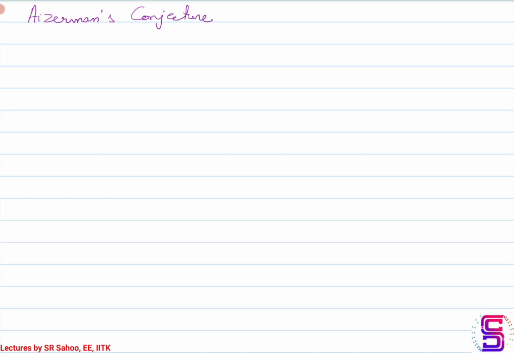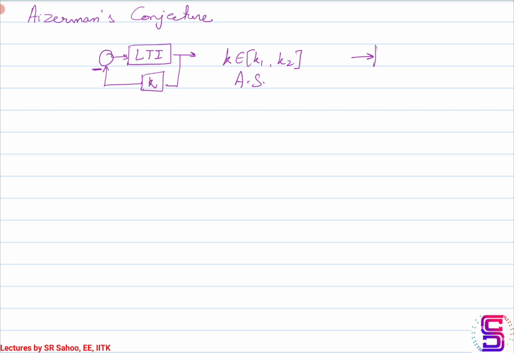The conjecture said that if an LTI system with a constant gain k is asymptotically stable for k in the range of k1 and k2, then the same LTI system, if it is in feedback interconnection with a memoryless nonlinearity that lies in